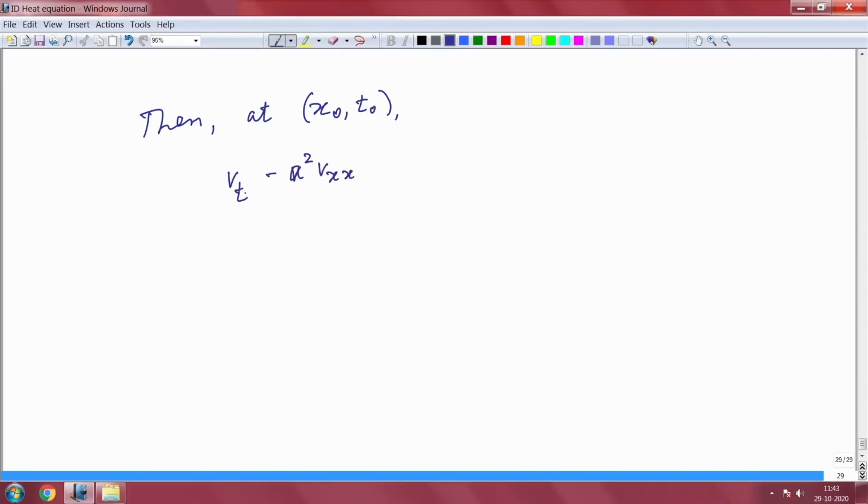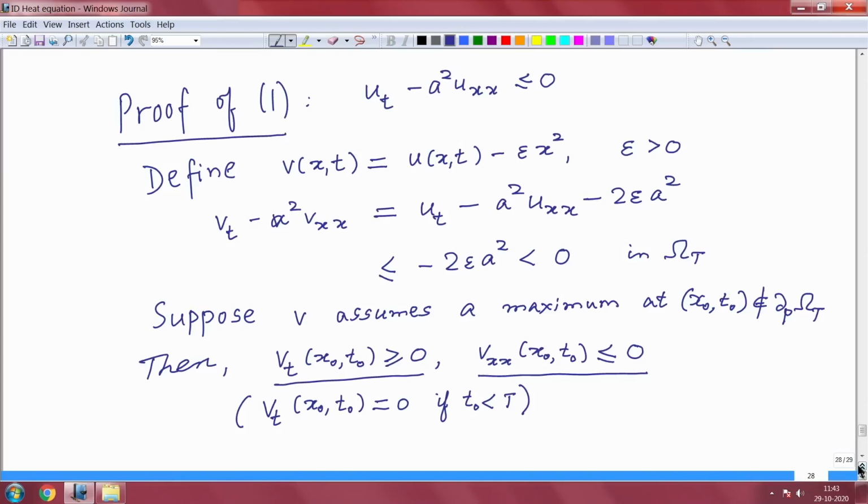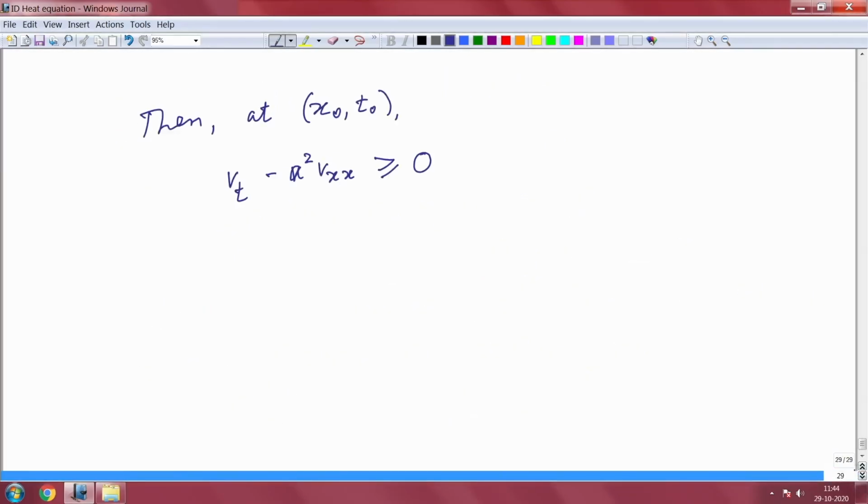So, this is non-negative, this is non-positive, but there is a negative sign here. So, this quantity is non-negative, but we have just shown by hypothesis that it is strictly negative. So, this is a contradiction